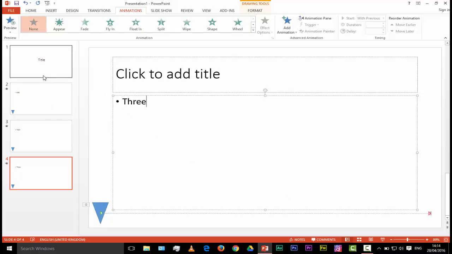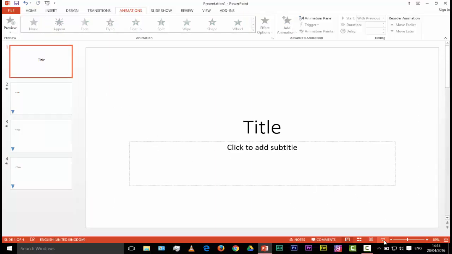First of all, go to the title slide and click on Slideshow. So as I said, this slide should just sit here forever because there's no timing associated with it. Now if I click my spacebar to move the slides on, so there's slide 1 and you can see the timer moving across 5 seconds. There's slide 2 and you can see the timer moving across 5 seconds. And then we should get slide 3 and the timer moves across, and then at the end it finishes the presentation for you. That's it.